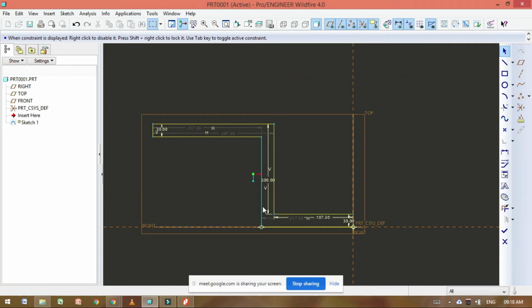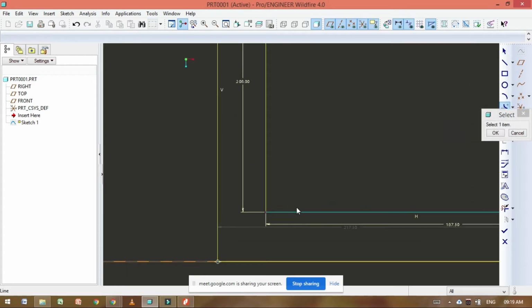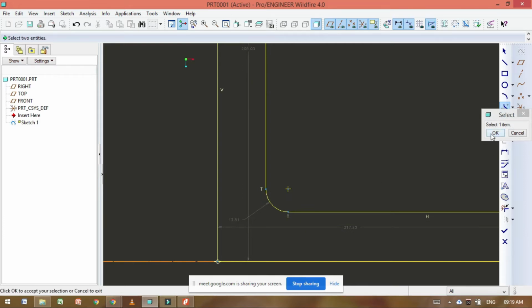So go here. Here, one command we can use. There is a chamfer command, circular command and ellipse command. So by using the circular command, we can fillet the edge. So click on the circular command, select first line, second line. Then here click on OK.